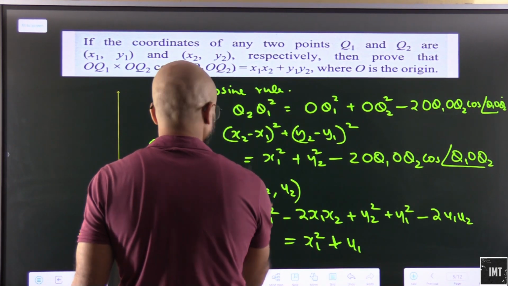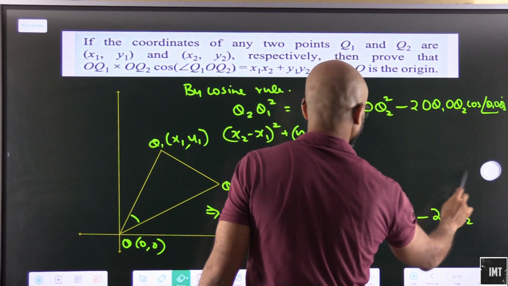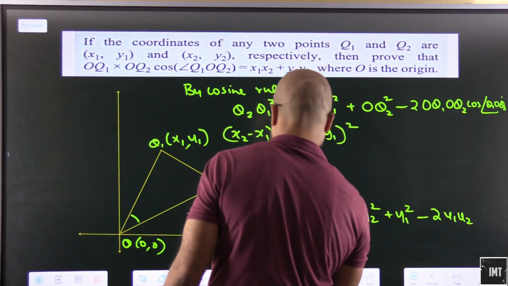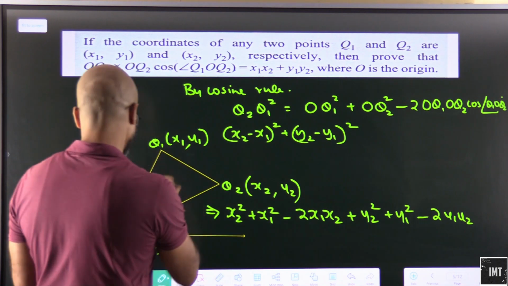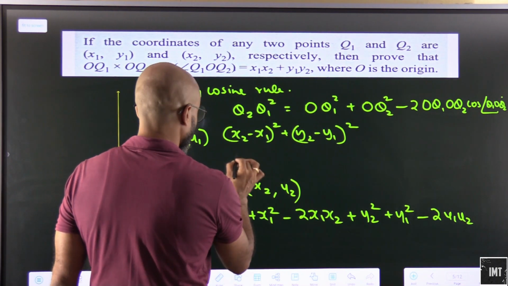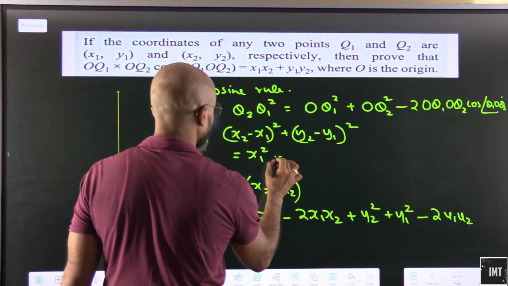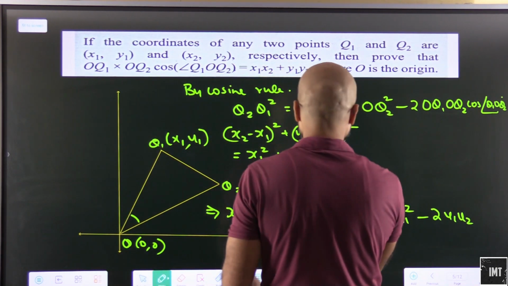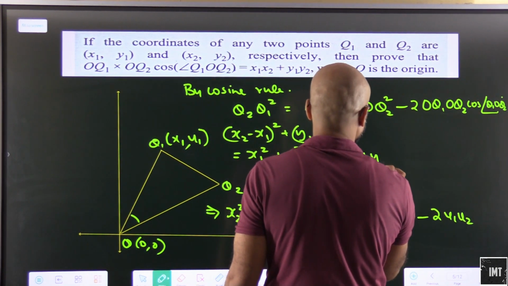We are going wrong here. So this will be OQ1 square. OQ1 square will be how much? This will be equal to x1 square plus y1 square, and OQ2 square will be x2 square plus y2 square